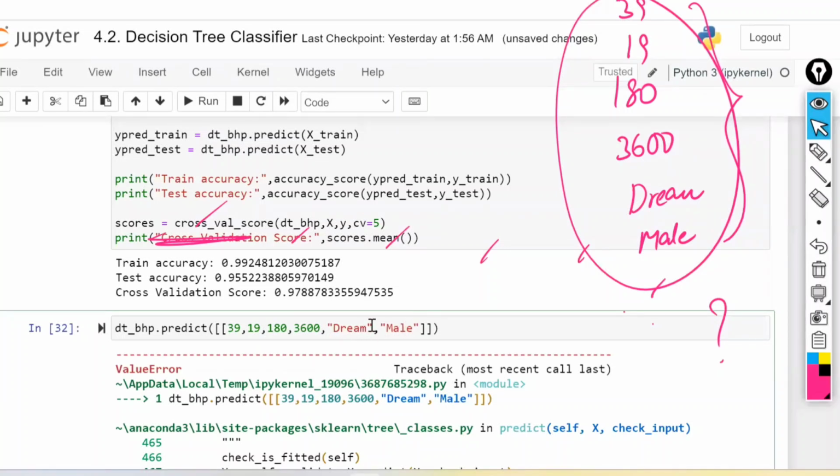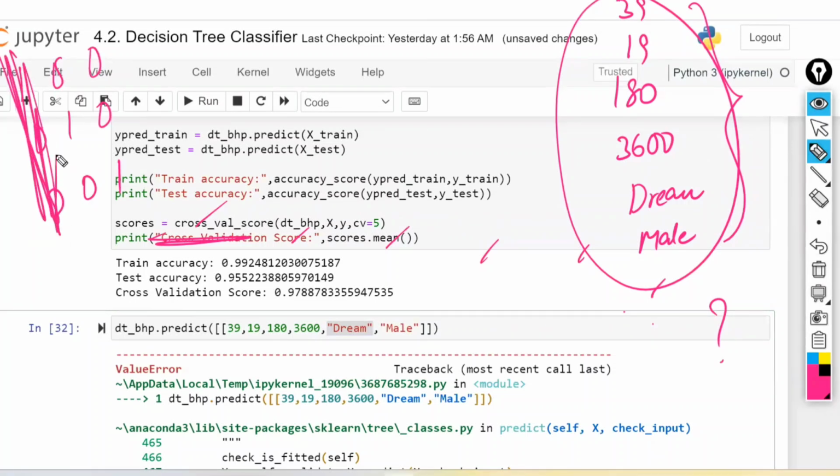Encoding you have done. Now, how was the dream encoded? First, B, D, T. 3 categories are there. B will be encoded as 100, D will be encoded as 010, and T will be encoded as 001. Out of which the B column was also dropped. Now B will be considered as 00. 00 means that is called the B category. D means 10 is called the D category. T means 0 and 1. Now for D, what do I have to write? 1, 0. This has to be converted to 1, 0. That is the first step you have to do.